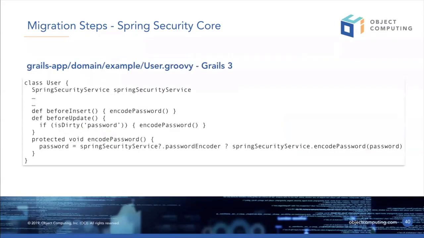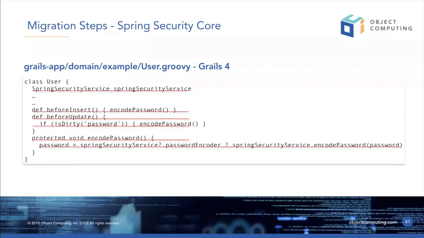This is not a Grails 4 thing, but this is a thing that we changed in Grails 3, and is the automatic injection of services in a domain class is deprecated, so you cannot do that by default. So before, if you use the Spring Security Core plugin, the password encoding was being done directly in the domain class because the Spring Security service is being injected. Instead, the recommended approach is to use